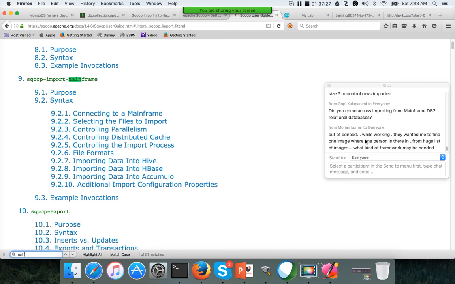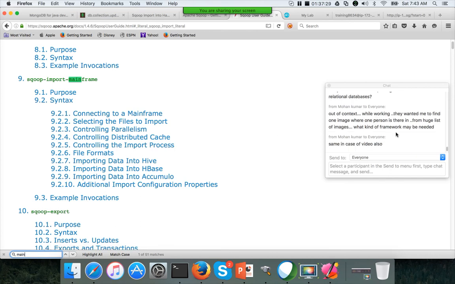Out of context, while working, they wanted me to find one image of one person in some huge list of images. What kind of framework may be needed? It is not very easy to do that.